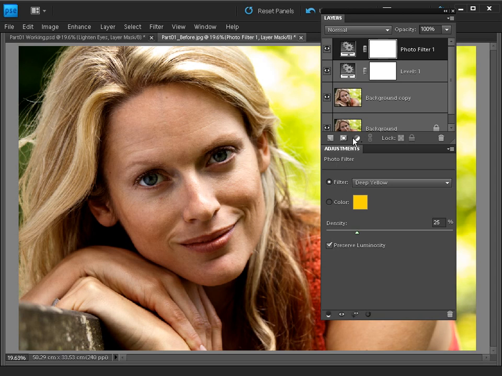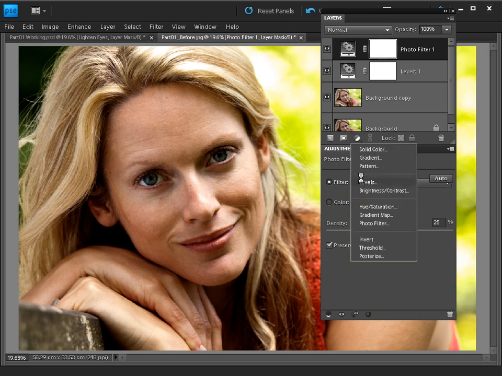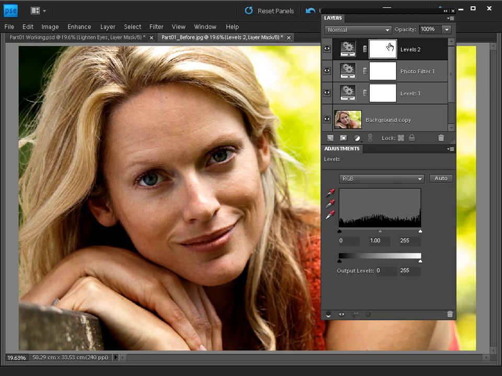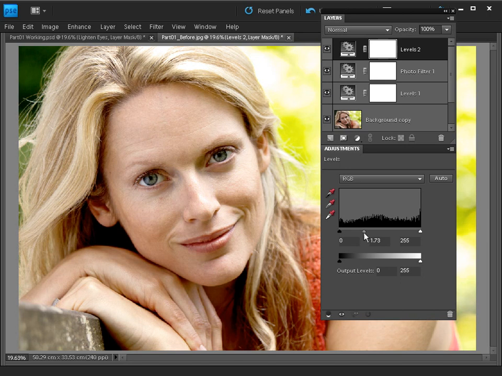And I'm going to use another Levels adjustment layer to brighten up the eyes. So go to Levels again. That's the cool thing about adjustment layers, you can have as many as you like. And here we're going to actually brighten up the eyes by brightening the midtones. If I just drag this slider here to the left, and ignore the fact that you're getting a really blown out shot overall, I'm just interested in the eyes. So around about 1.92 is giving me eye detail, but it's also blowing out the rest of the image's